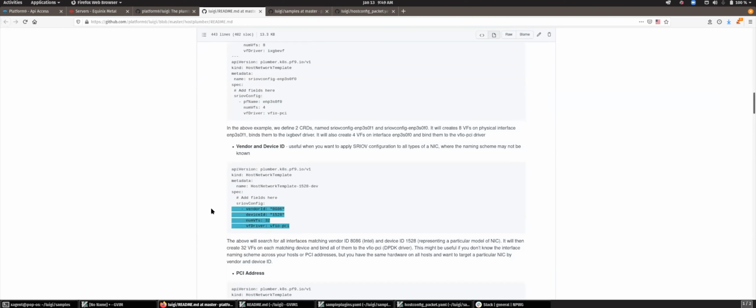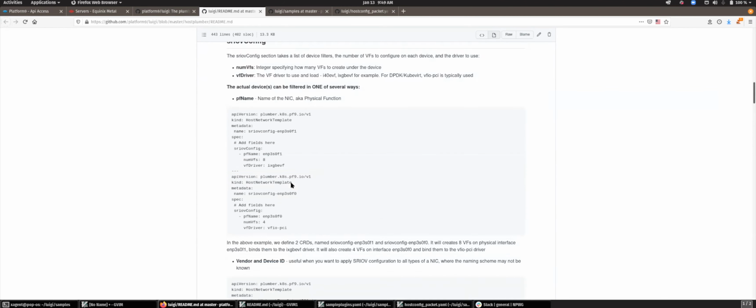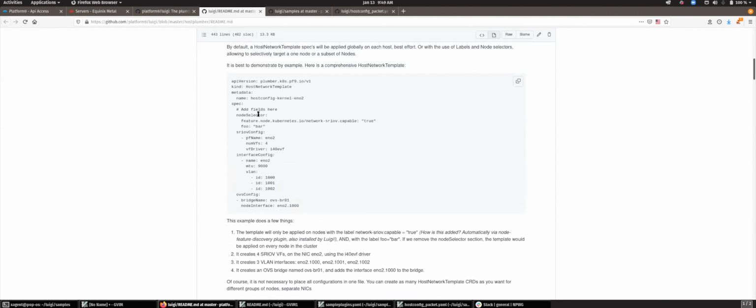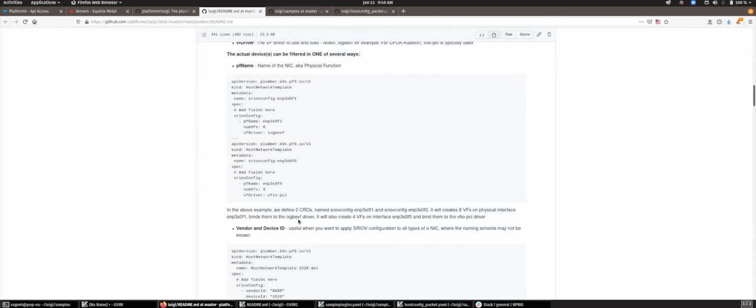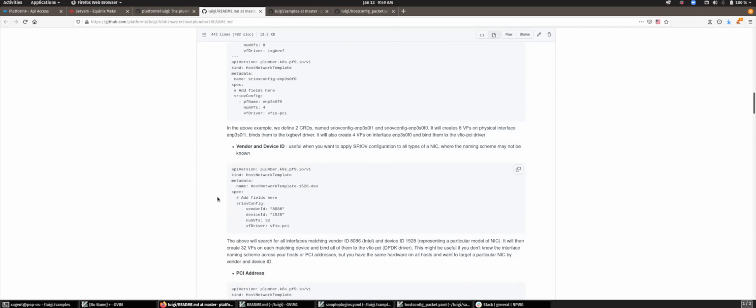And it would do this on every node, because remember, we don't have a node selector here, as we did in the example up above. So this would go on every node in your cluster and create 32 virtual functions on every Intel NIC that matches this 1528.